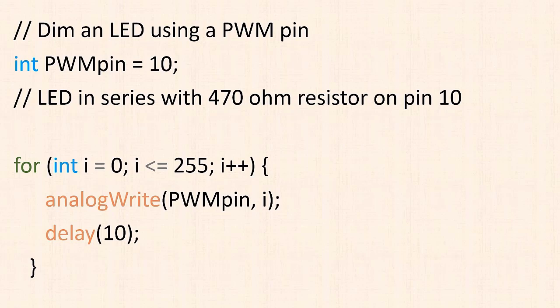So we incremented I by 1. We go back to the for loop. We skip the first statement. We've already initialized it, so we don't want to reinitialize it to 0, or we'd never get out of the loop. So I is still less than or equal to 255. We jump back in, do the code, analogWrite and delay, and then increment I to 2, and so forth, until it's 255. Once it's greater than 255, we fall out of the for loop,